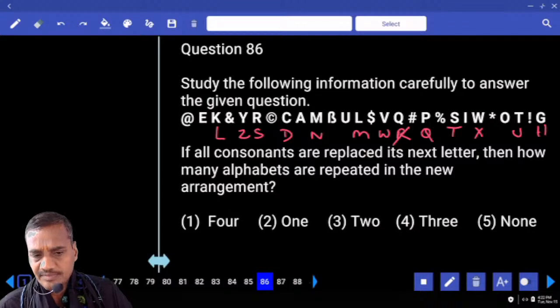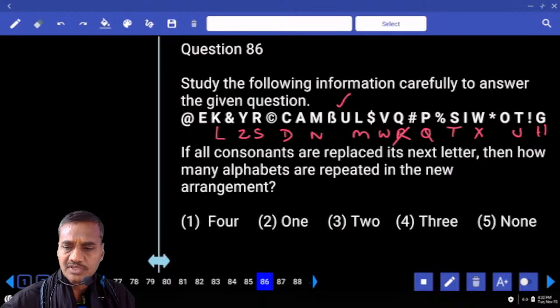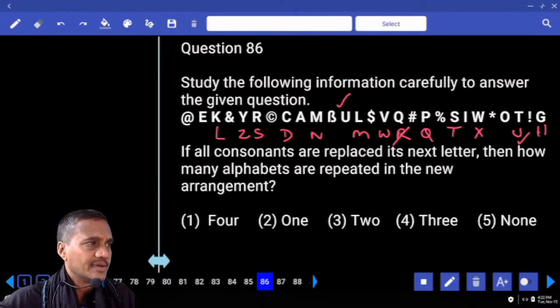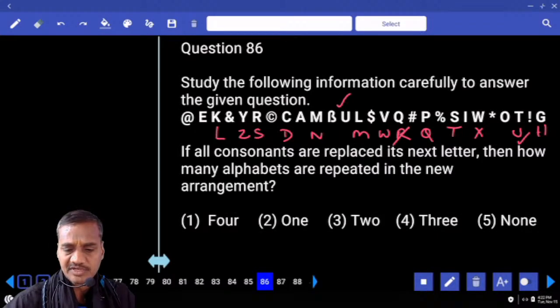R not repeated, and Q not repeated, and next one T, and next X, and do we have X at this place? No. And next one I is not repeated, and next one O, now U is. Now U is here, and U is here as well. Hence, U is the letter that is repeated twice, that is choice